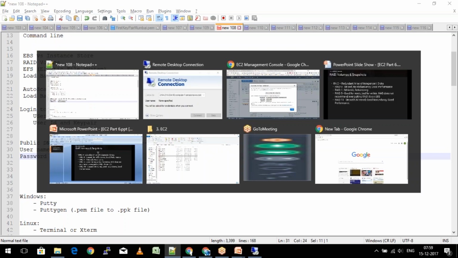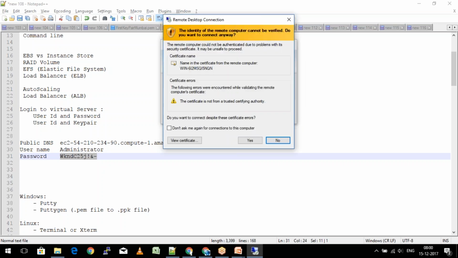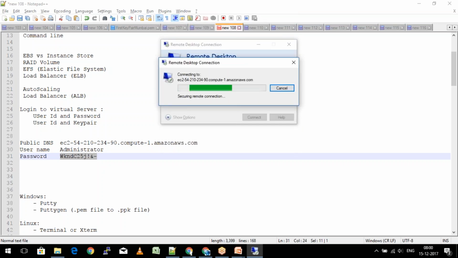I'll put in the password and then say OK. It's going to ask me to verify the certificate.